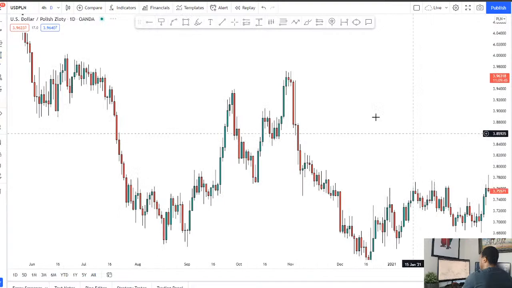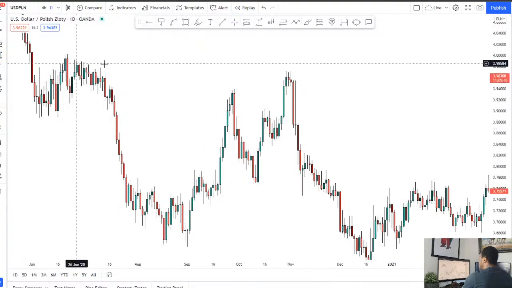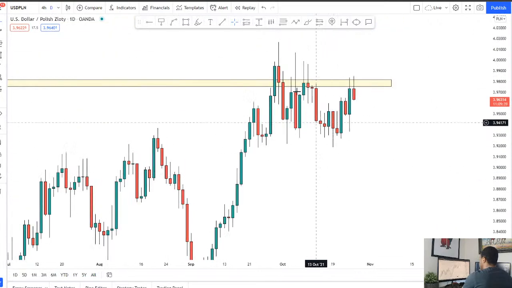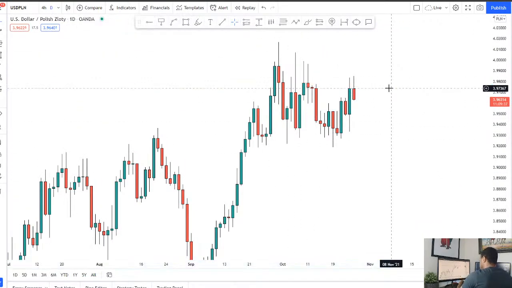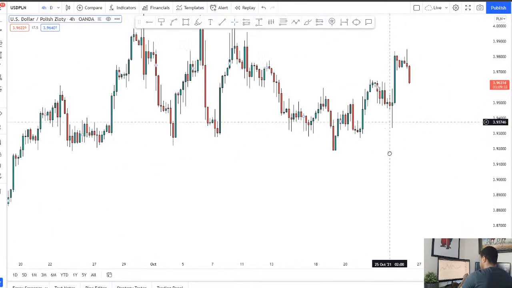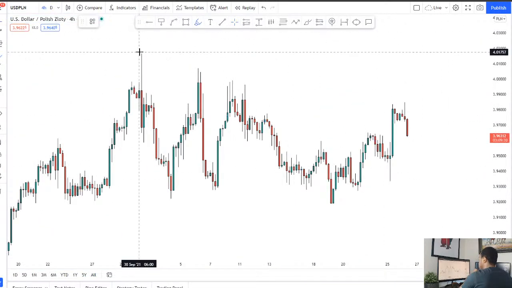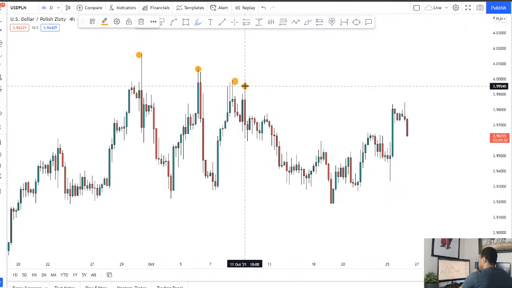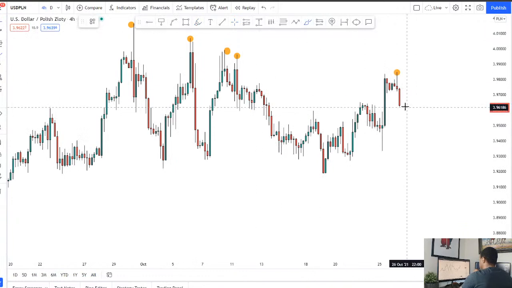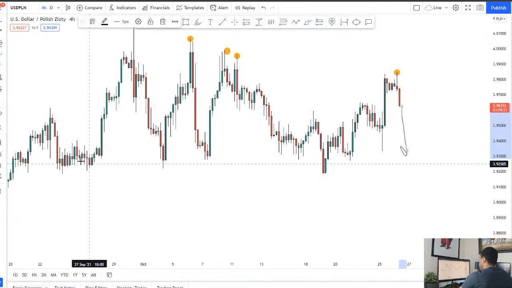Very strong move to the downside. I mean, overall there's a lot of resistance around here anyway. But yeah, we're starting to have a hard time breaking through this. Price looks like it's starting to put some lower highs in as well. Going onto the 4H, you can see lower highs there, potentially just one now. So yeah, I think USD PLN is most likely to be heading down back into this